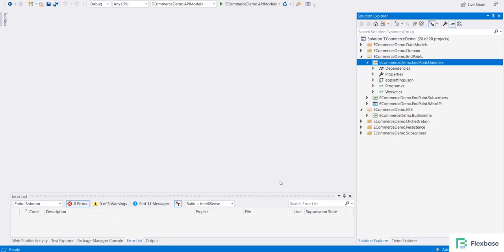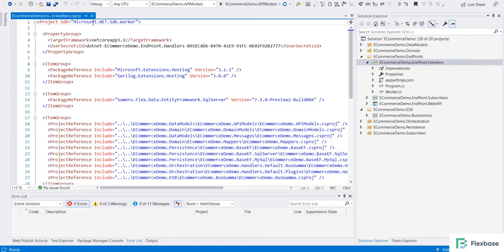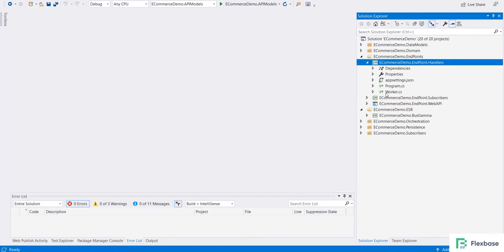Now let us see another type of endpoint for the background job, which takes care of processing the handlers and the subscribers. Let us jump to the code. So there are two types of background job we are giving by default. One is the handler and another is the subscriber. So the background job also is an ASP.NET Core 3.1 application,